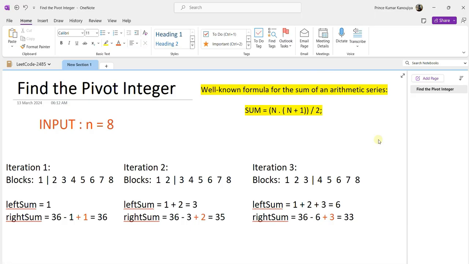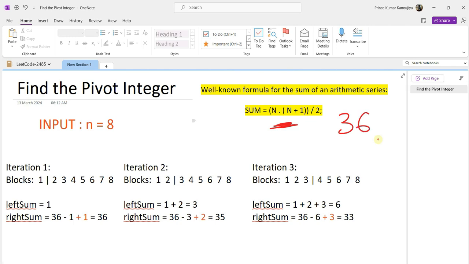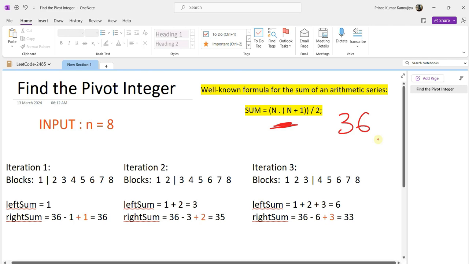So in this question, we will first calculate the total sum. The total sum will be calculated using this formula, and if you put the value of 8 in this formula, we'll get the value 36. So we are using three variables: left sum, right sum, and the total sum, which is 36, in the right sum. So in the first iteration, for the 1, left sum will be stored with 1